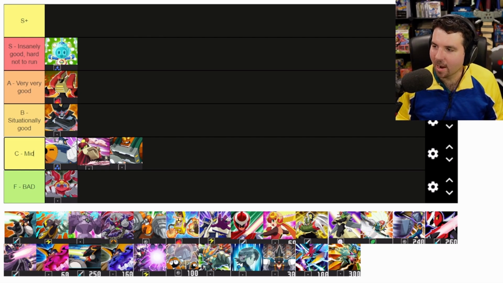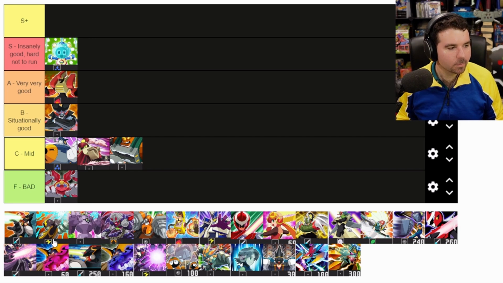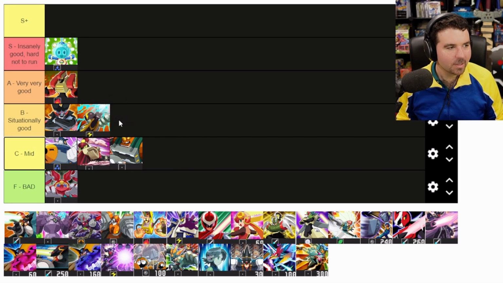I'm seeing chat say B, and I'm inclined to agree, especially with situationally good for. I'm definitely inclined to be with B on that one because he's also a chip that's kind of slept on. He does a lot of damage. If you can get those combos to go off, he can do some crazy damage. Yeah, I like him a lot. I think there's some fun